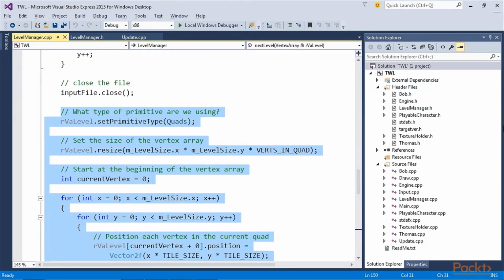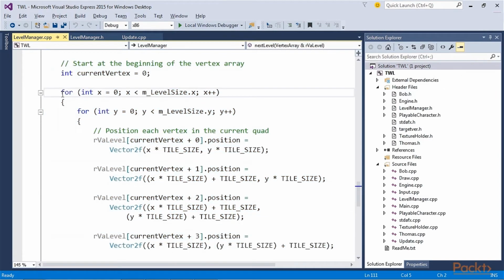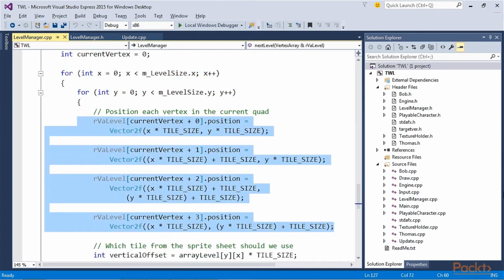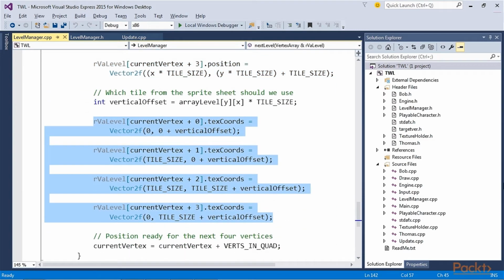Although this is the longest section of code from the 5 sections we divided next level into, it is also the most straightforward. What happens is that the nested for loop loops from 0 through to the width and height of the level. For each position in the array, 4 vertices are put into vertex array, and 4 texture coordinates are assigned from the sprite sheet.